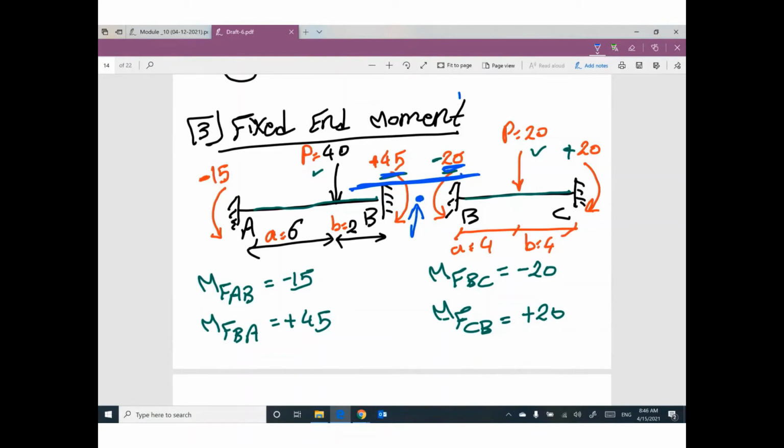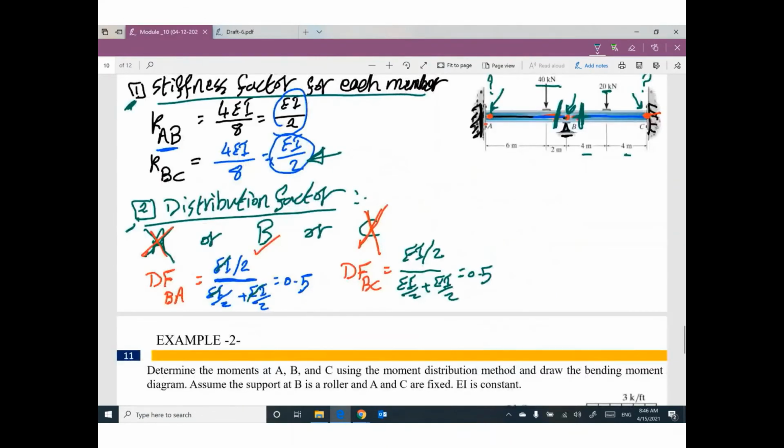So how can I do this? We need to increase 20 up and we need to decrease 45 down to make sure both of them are equal. So we have many options. We can increase 20 by 10 and decrease 45 by 15 to make sure the two values are 30. Another one will say, hey, I will increase 20 by 5 and decrease 45 by 20, and both of them will be 25. Okay, how can I handle this? The last step.